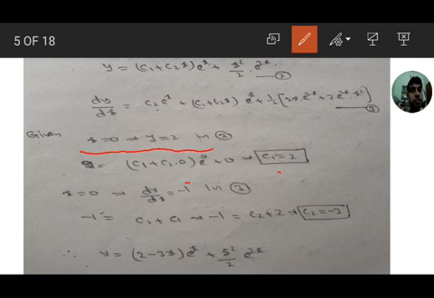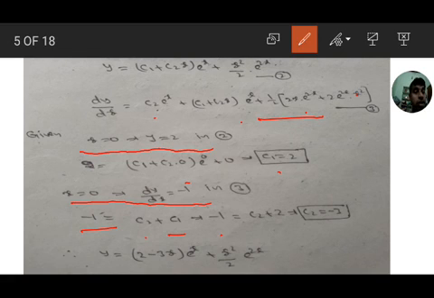Next, second condition, x equal to 0, that is dy by dx equal to minus 1 in equation 3. dy by dx equal to minus 1, x equal to 0 means c2, c1 e to the power of 0 means c1, this value total 0, 0 into something, 1 by 2, 0 equal to minus 1. So c2 plus c1 equal to minus 1. So minus 1 equal to c1 value is 2, c2 plus 2. So c2 equal to minus 3. Therefore, c1 value 2, c2 value is minus 3.